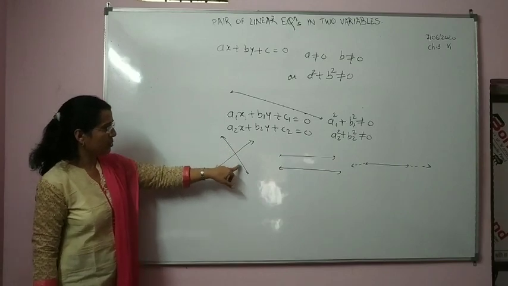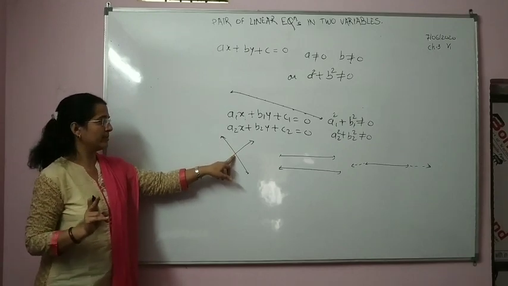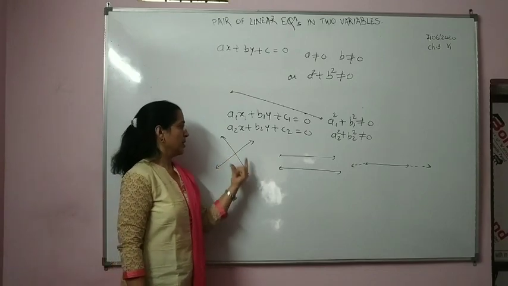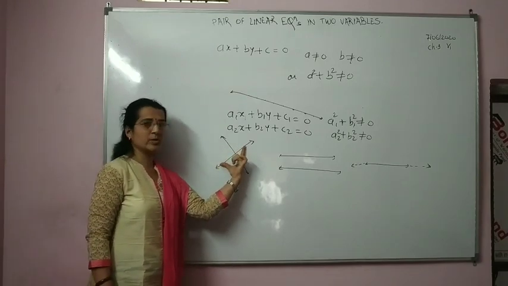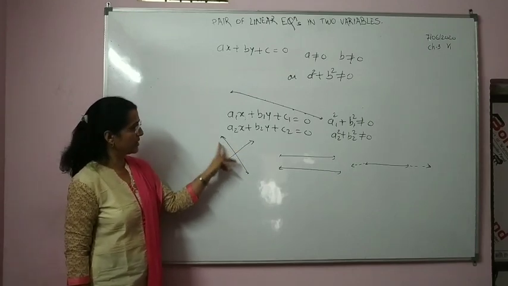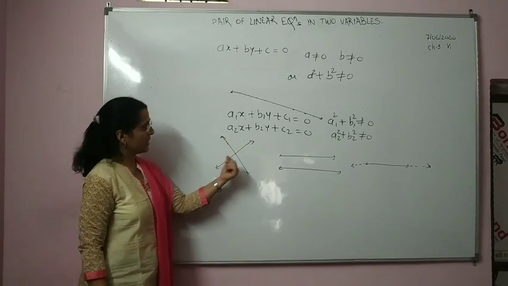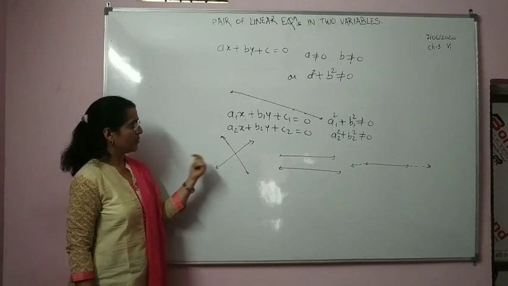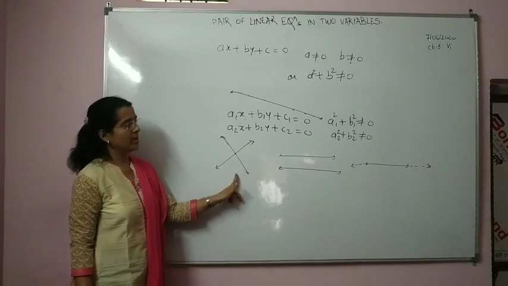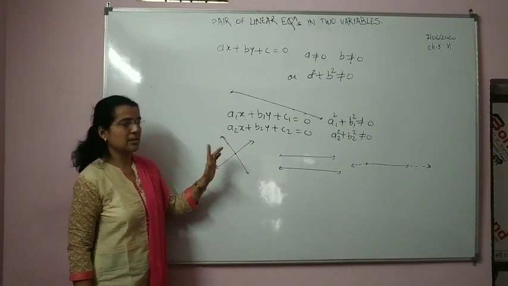Now see, the two lines are intersecting lines. When two lines are intersecting, they cut each other at one point, because two lines cannot cut each other at more than one point. One equation is a linear equation in two variables, its graph is one line. Another equation is also a linear equation in two variables, its graph is another line. The first line has infinitely many solutions, the second line again has infinitely many solutions. But you observe that both lines have only one point common to both. And that common point is nothing but the solution of the pair of equations, the solution of the system of equations.